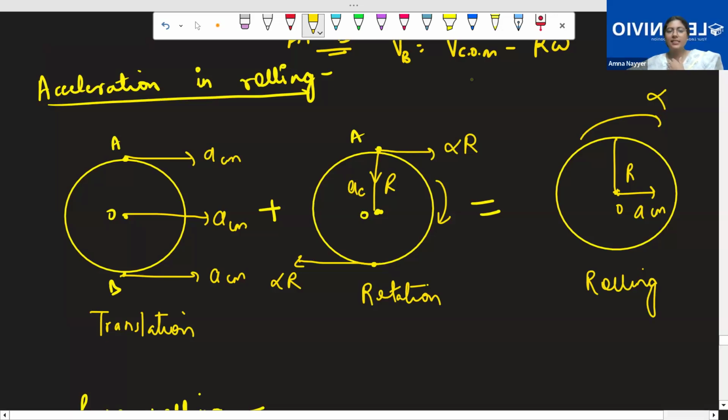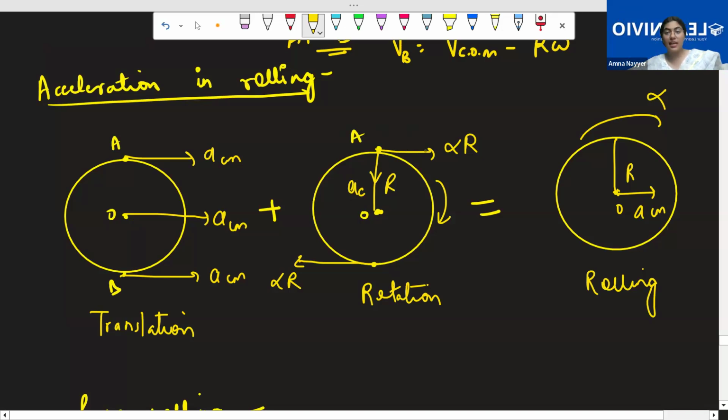See the acceleration, when we talk about it at every point, the way we have the velocities present. Here the center of mass will have its acceleration also. Individual accelerations will also have their centers of mass. And at every point, as we discussed, the way you have omega r for velocity, the centripetal acceleration, or if